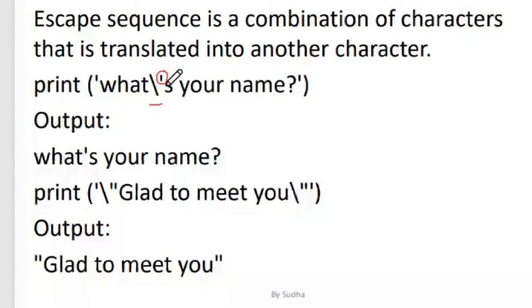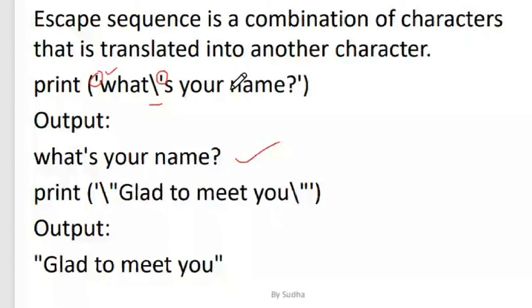Since this single quote over here is not preceded by a slash, it will take it as part of the programming syntax and search for the matching quote.